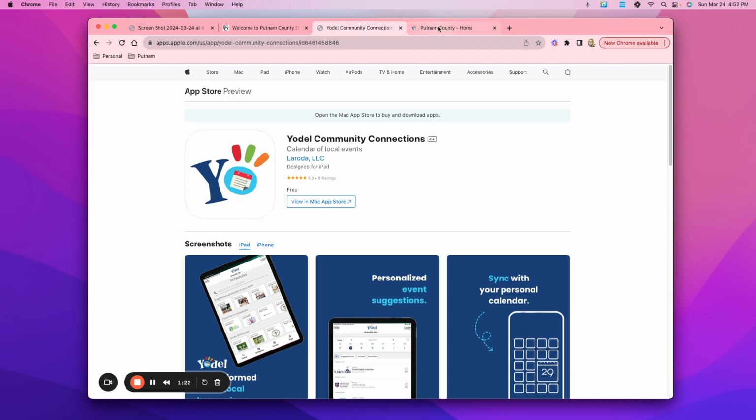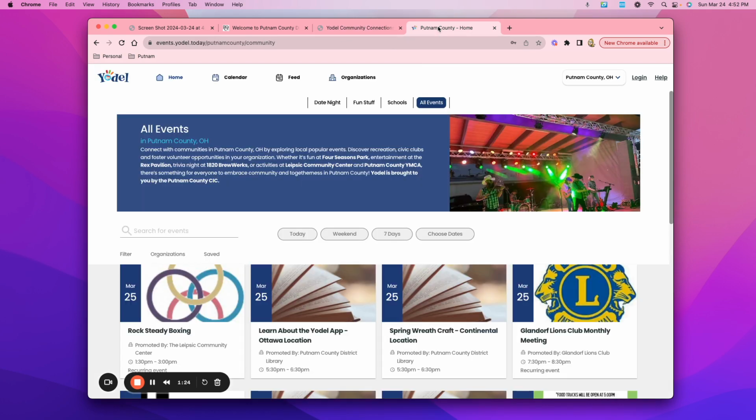And then the next tab here is just showing you the actual link to go to Yodel specifically for Putnam County. So that's events.yodel.today/PutnamCounty. Once you type that in, the /community will automatically be added. You'll notice up here in the right-hand corner it says Putnam County, Ohio, because this is going directly to Putnam County.